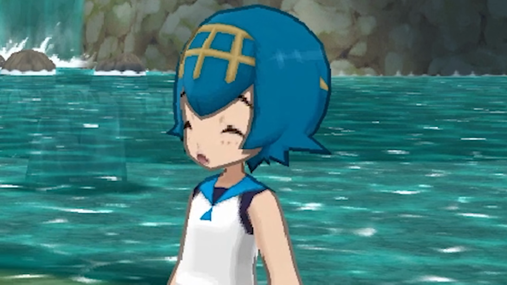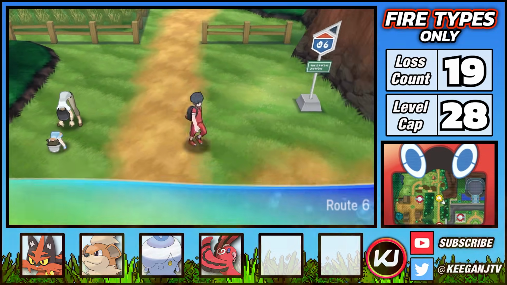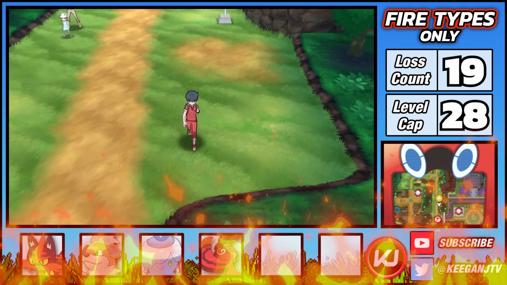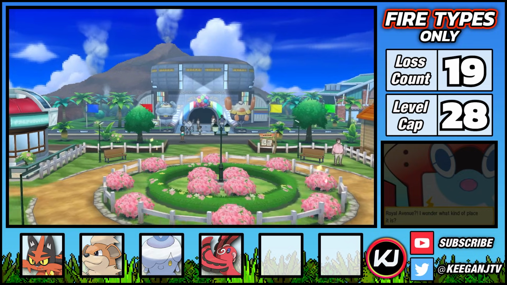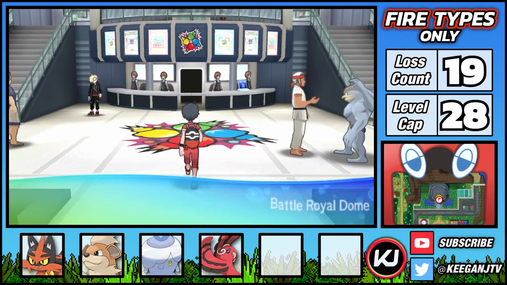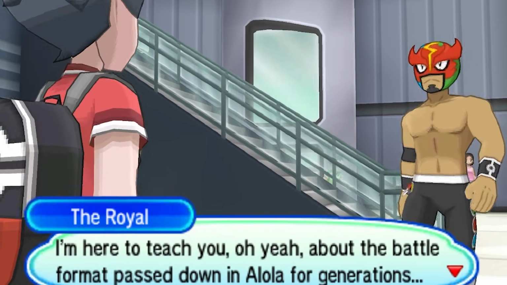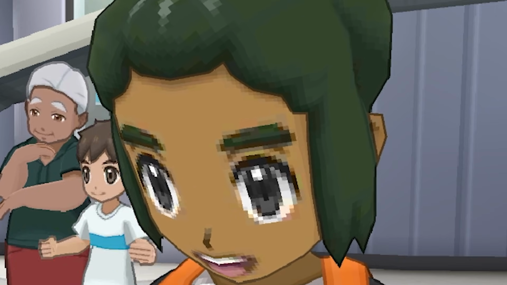You need serious help. With the huge obstacle of the water trial now toppled, now we can continue on towards becoming the most powerful pyromaniac on Akala Island. Before that though, we have to take a brief pit stop at Royal Avenue, which is a stadium dedicated to free-for-all Pokemon battles. This sounds like a good chance for our fire types to show off and...